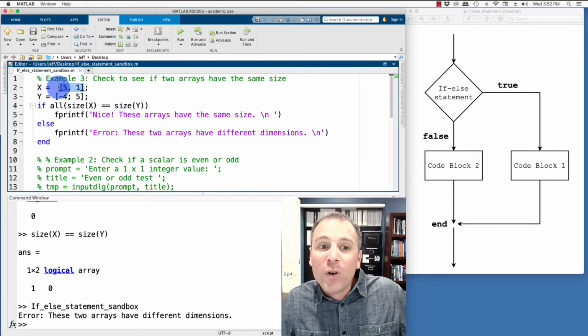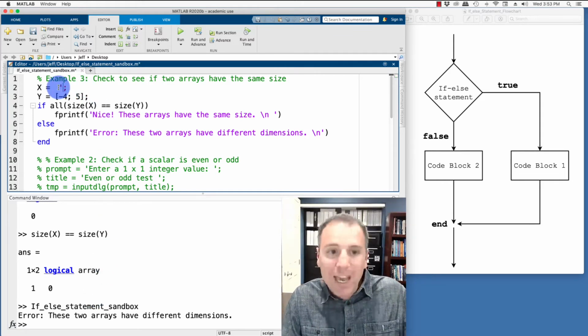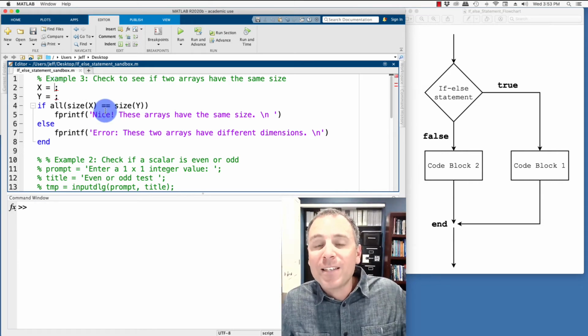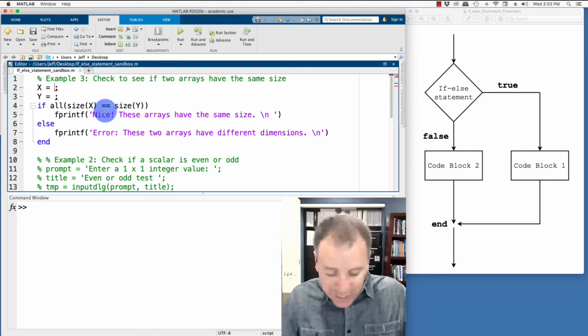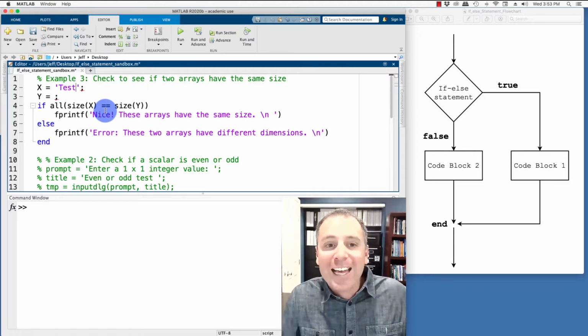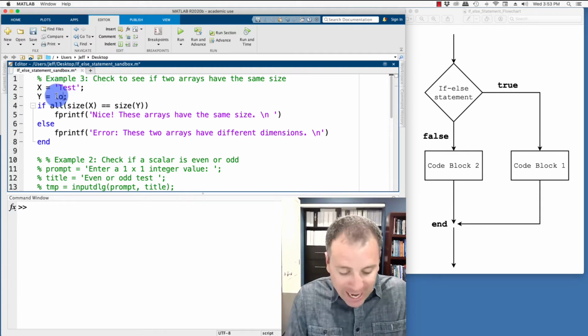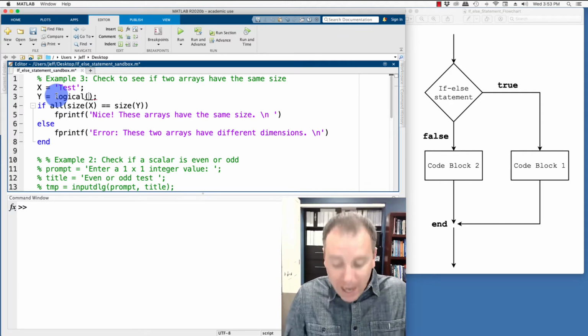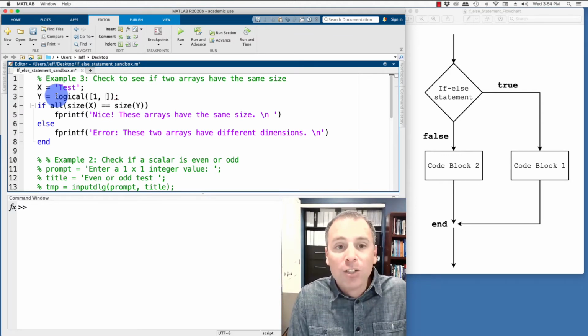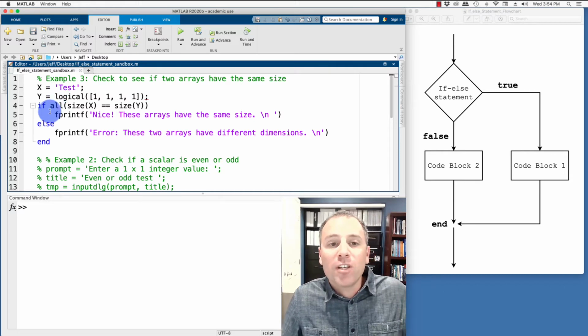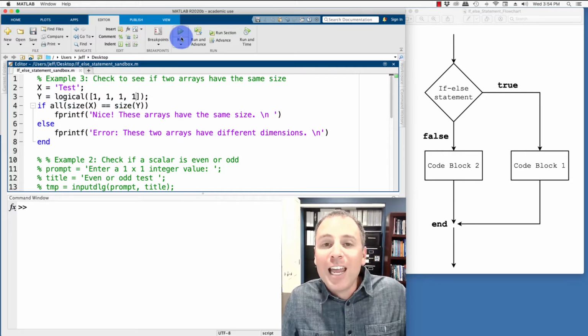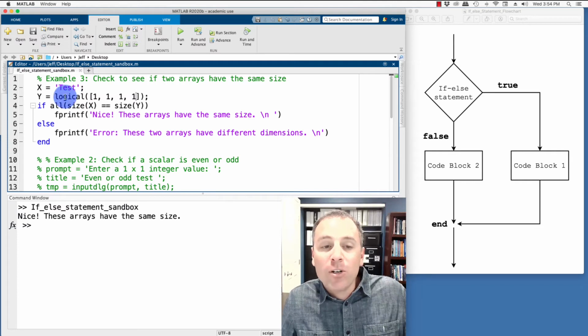Last thing that I want to note is that this code might actually misbehave. Remember, MATLAB is an array-based language and all data types are stored as arrays. So let me show you some crazy results that we can get here. If I were to write the word test, that's going to be a character array with 1, 2, 3, 4 entries. It's going to be a 1 by 4 array. And then I could actually, using a different data class, perhaps logical, store a vector. Let's go 1, 1, 1, 1. So this is going to be a 1 by 4. Here's a claim. When I run this code, it's going to produce that x and y have the same dimensions.